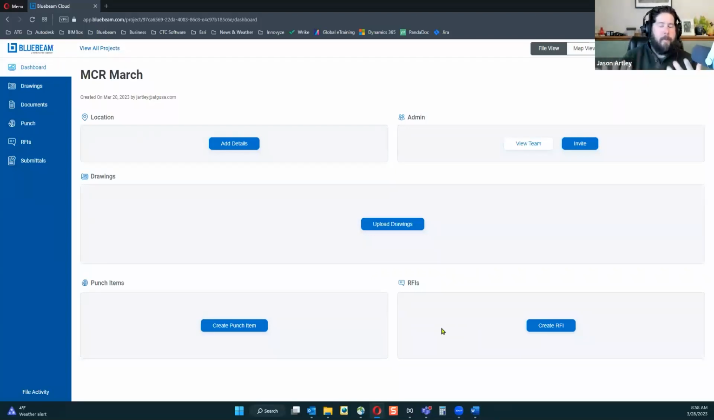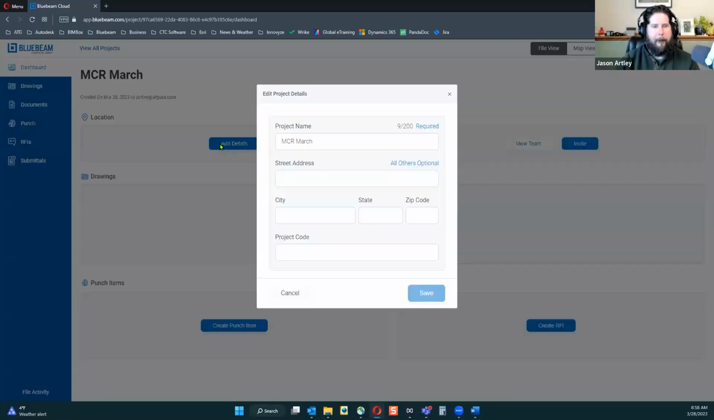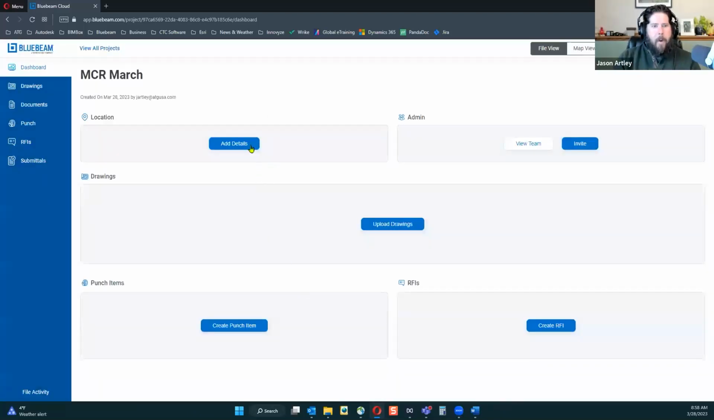This is where I need to set things up accordingly to allow my team to do what we need to do. So my location, I'm going to add details. I can put in the street address. I can put in cities. I can put in all this other stuff. I'm going to say Little Rock, Arkansas, or whatever else. I'm going to hit cancel here. And then we'll go in